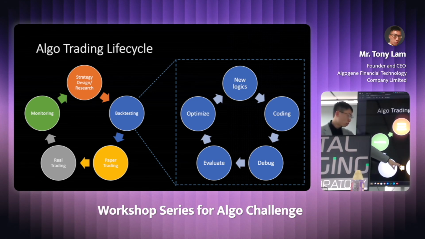Most of the time, paper trading will last for around 1 to 3 months in the market. Actually, it depends on your trading strategy. Let's say you are using some kind of high frequency trading strategy, where your number of trades can be like 10 times per day. The paper trading period can be shorter. If your trading strategy is some kind of low frequency strategy, and you only trade 1 to 2 times every month, then the paper trading period can be longer, like half a year. So it actually depends on the trading strategy design.